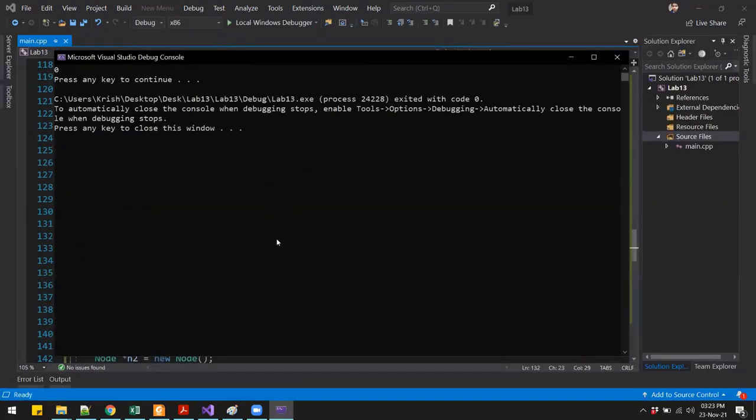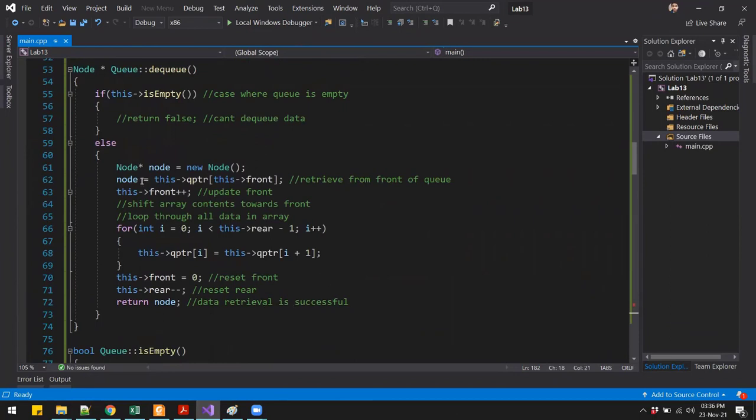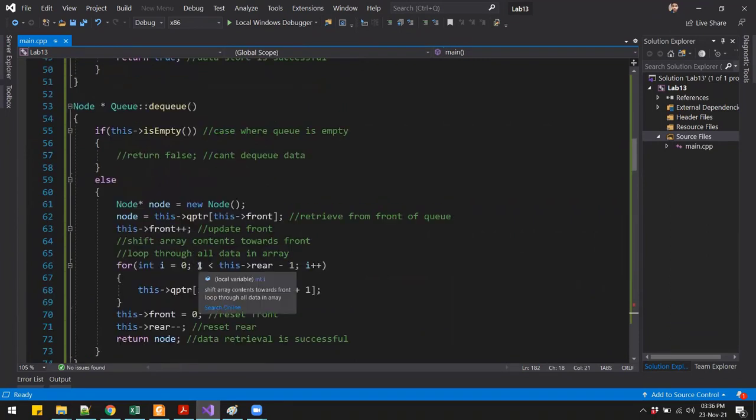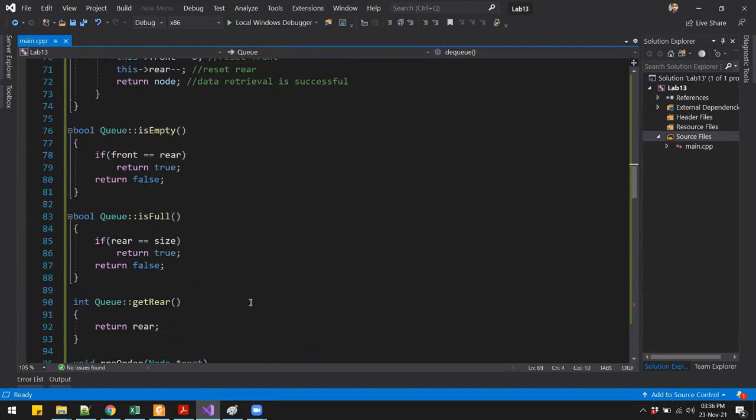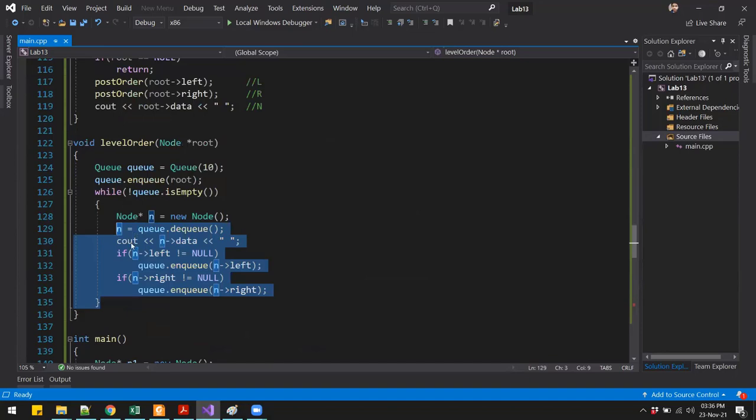I have just made some changes over here to retain the node itself rather than trying to adjust our pass by reference. So instead of returning true and false, I'm returning the node with the data. The function here remains the same, I have changed nothing except this part.